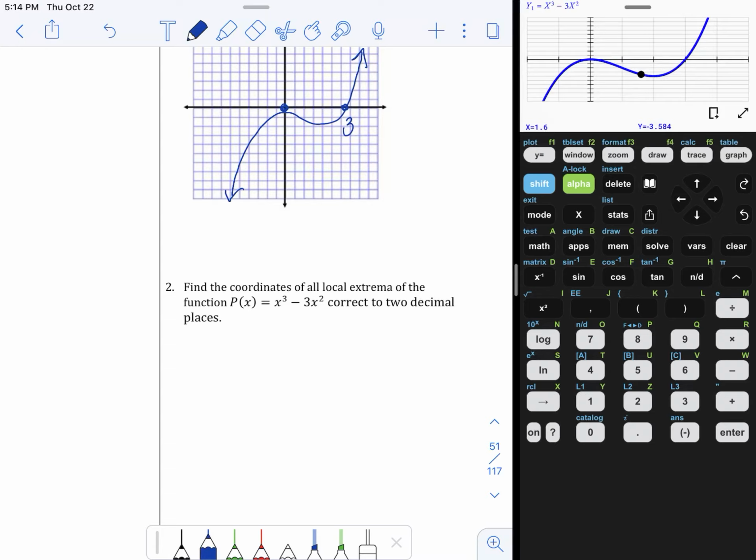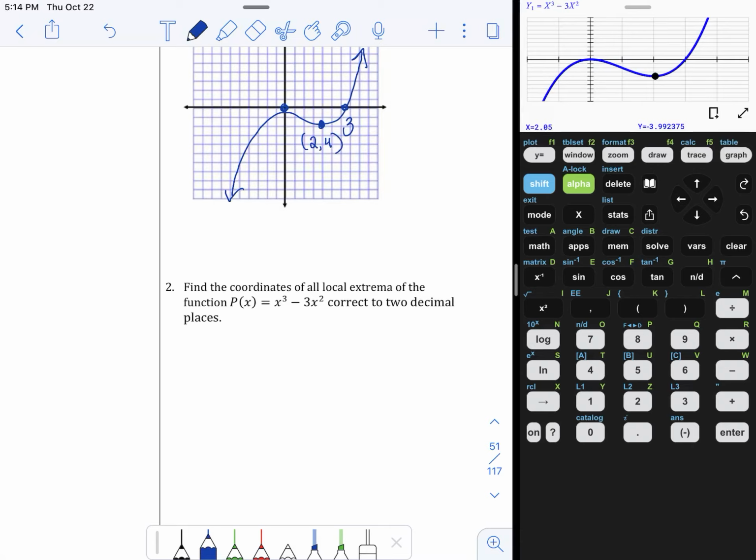I could pick a left bound there, click enter, and then click along till I find the right bound, enter, and then it'll ask if I want to guess, and again I will click enter, and I will end up with a cursor at this low point right here. It says to find your answer to 2 decimal places, and here it's actually just